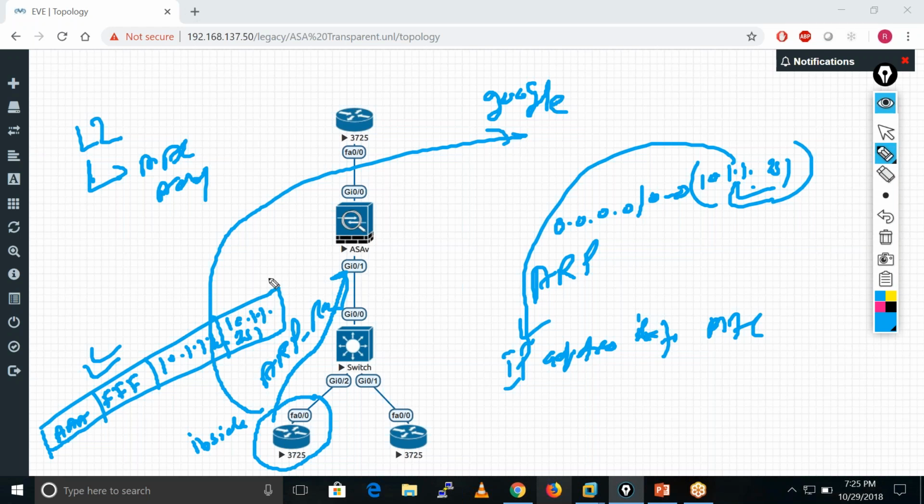So when this guy receives this ARP request, he replies, and in the reply he gives his MAC address. It's an ARP reply. These fields are the same for the reply. The only thing is, this is the source IP when the packet goes from this guy to this guy, and this is the destination IP. After that, the destination becomes source and source becomes destination. He puts his own MAC address as the source, and the destination MAC address is all A when he sends the reply. This is ARP.